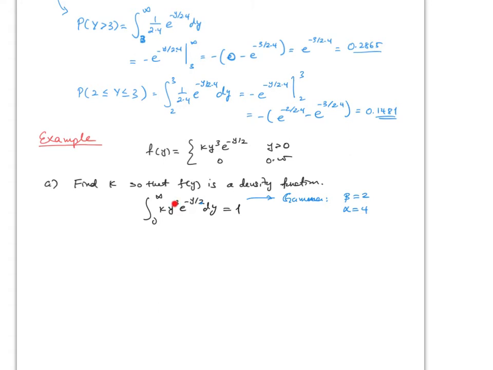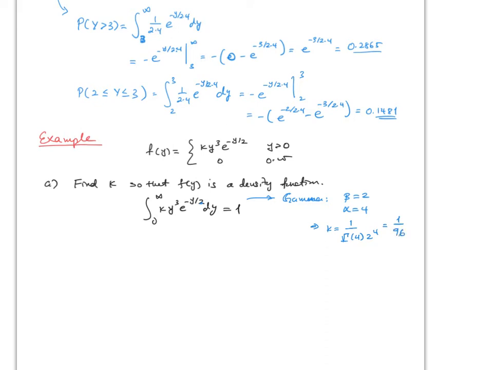Why? Because 4 minus 1 is 3. So therefore, that implies that k has to be 1 over gamma of 4 times 2 to the 4 power,